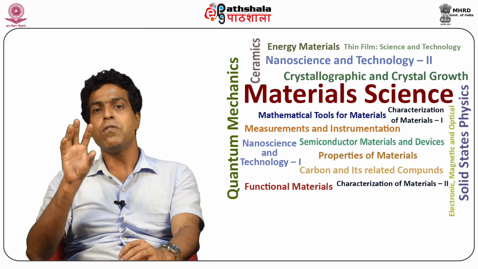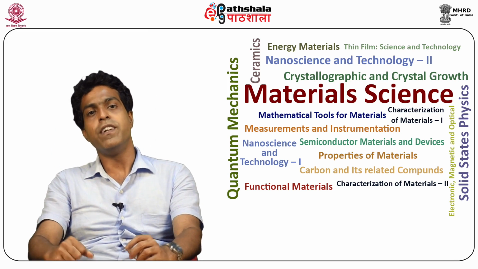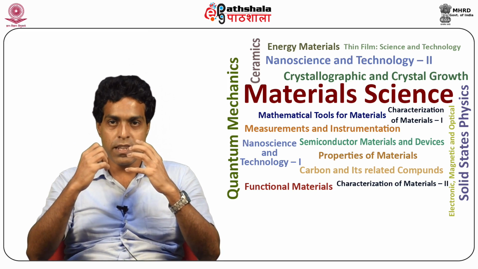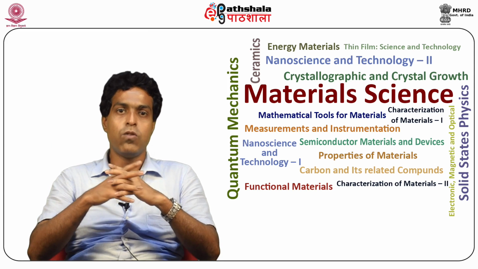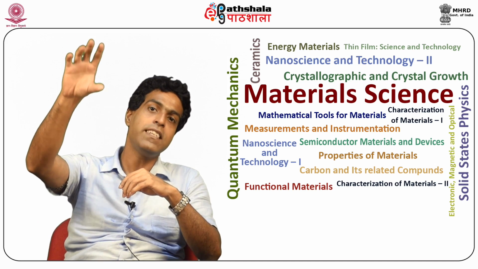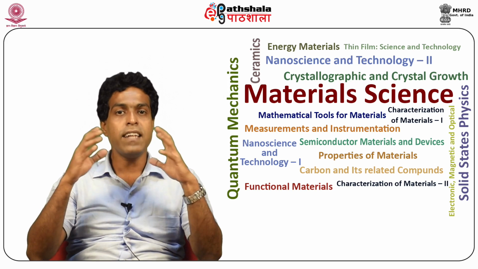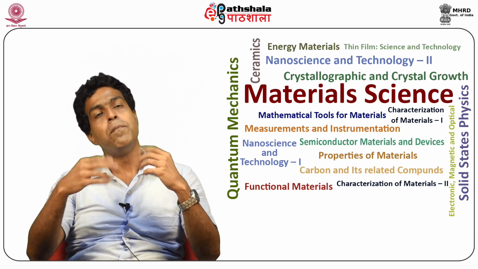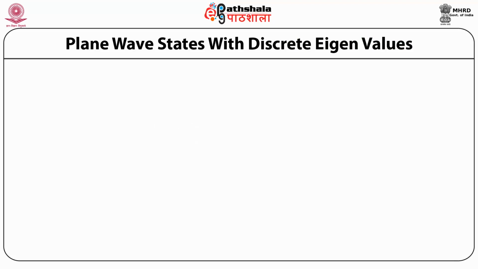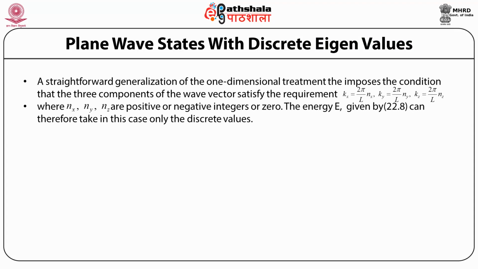Plane wave states with discrete eigenvalues. If we are to work with discrete eigenvalues, we restrict the domain of the plane waves 22.7 to an arbitrarily large but finite cubical box of volume L cubed. At the walls of the box, they obey periodic boundary conditions. A straightforward generalization of the one-dimensional treatment imposes the condition that the three components of the wave vector satisfy the requirement